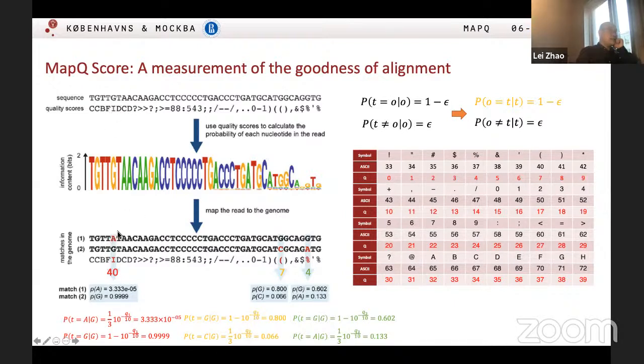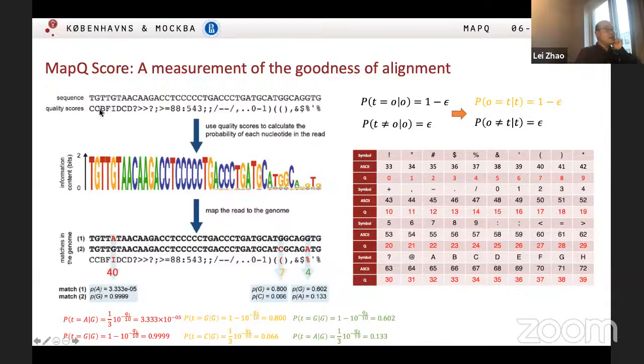This read base actually comes from this read, because we know that, if we search here, the quality I is 40. That's why the quality score here is 40, and we put Q as 40, and calculate, given that we observe a G, what's the probability it comes from a region which is A here. If you calculate this value, it will be like this value, like what the example gives to you.